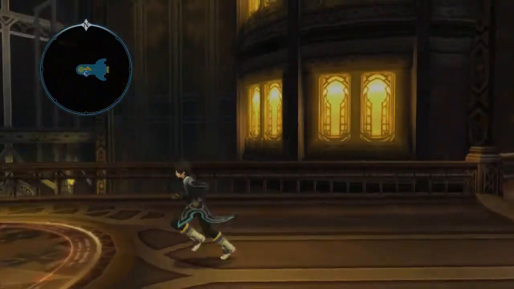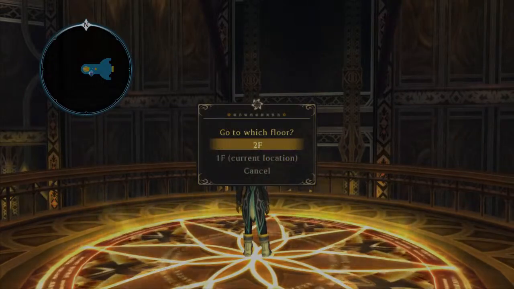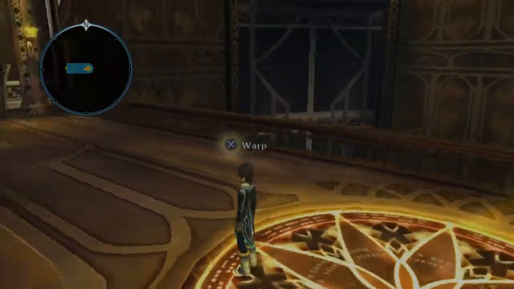But anyways, like Rowan said, there's these lotus rings. If you step on one, you can actually travel between the floors of Orda Palace, and they'll warp you there. But if you come up to these doors here,